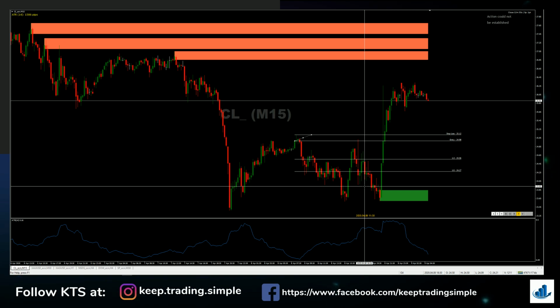It literally rallied all morning, ended up coming to the news number. It was a big number, bigger than expected. Not only did it shoot up, it hit our zone, then collapsed to the floor. Then